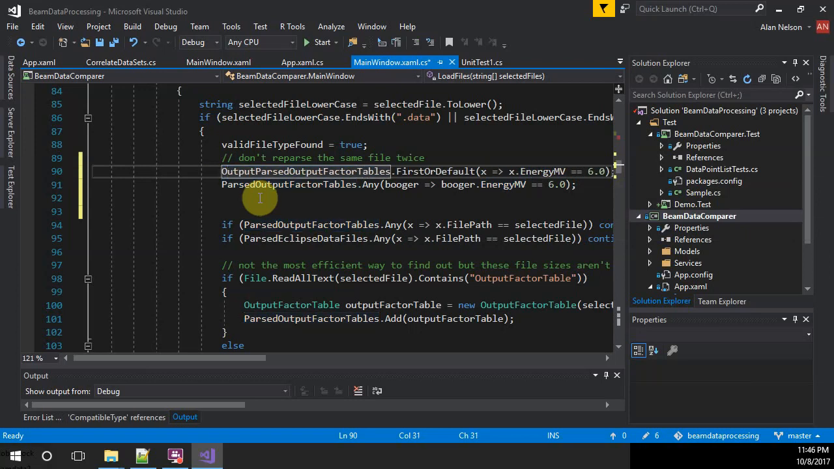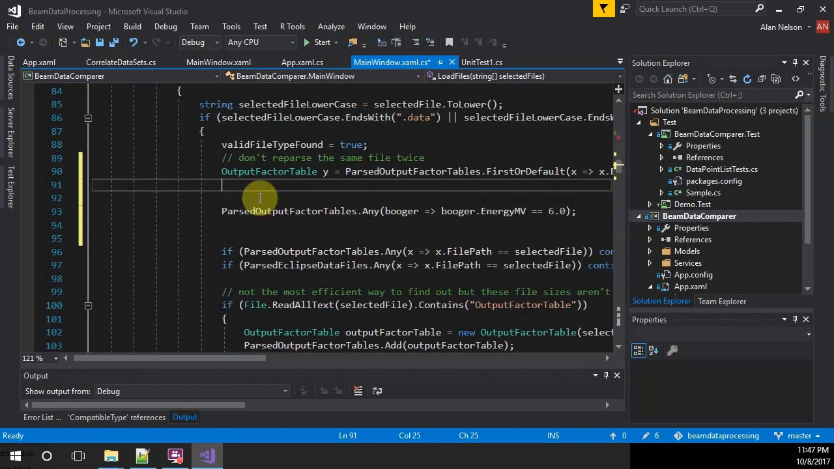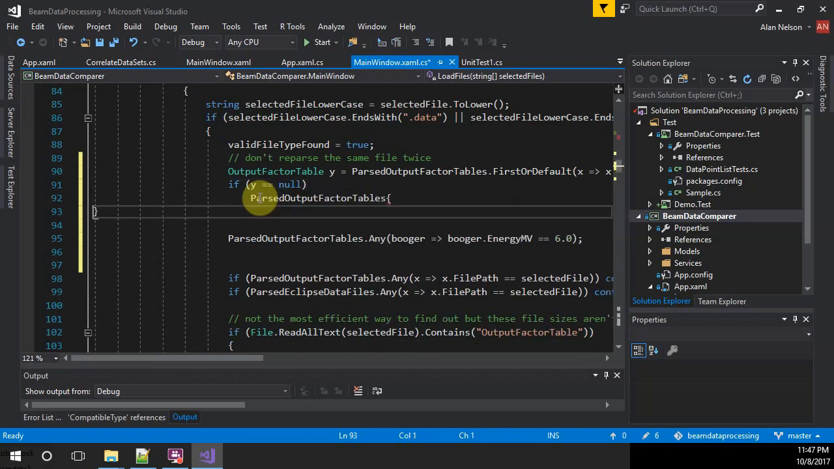So output factor table or var. var is I don't really like to use it. I'm kind of an old school Java type guy, but output factor table. Var basically interpolates what the type is. So we would grab, well, let's see, we'll call it y. So in this case, if y equals null, then you could do something like